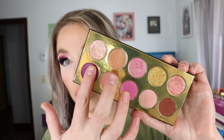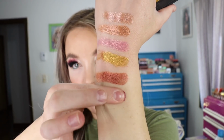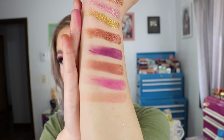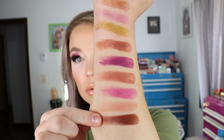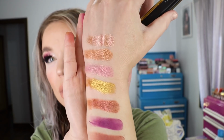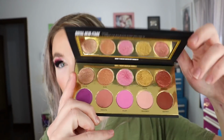And then these mattes are really pigmented. They blend out really well. I had very little fallout. And the only thing for me is this isn't a standalone palette either. I do have to bring in something a little bit lighter because everything is kind of mid-tone or deeper, just for how I like to contour my eye. And then this last shade. These type of purples are not super easy to do, and look how even that swatched pretty smooth. But I am so happy that I picked this up. I think it's stunning. So that is the Black Magic palette from Uoma Beauty and the Coming to America 2